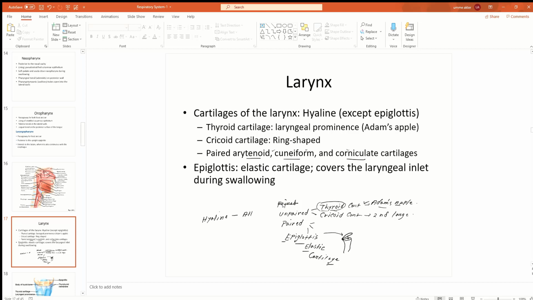All cartilages are hyaline type except the epiglottis. So your nasal septum, in your trachea, bronchi, in your larynx, all cartilages are hyaline type cartilage except the epiglottis, which is elastic. Okay,